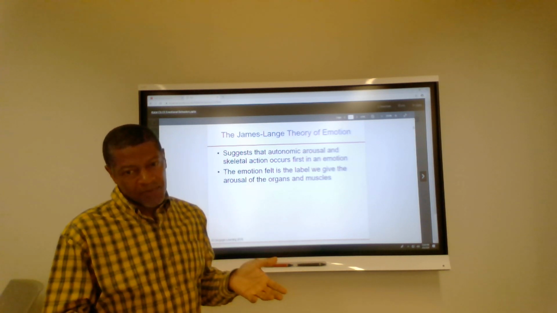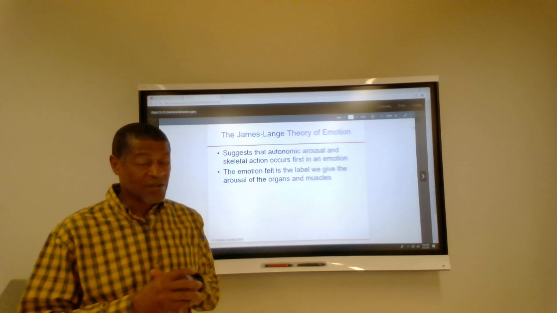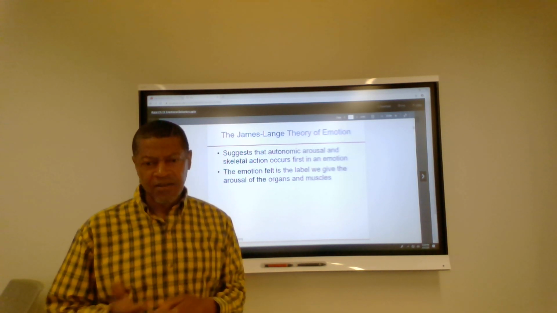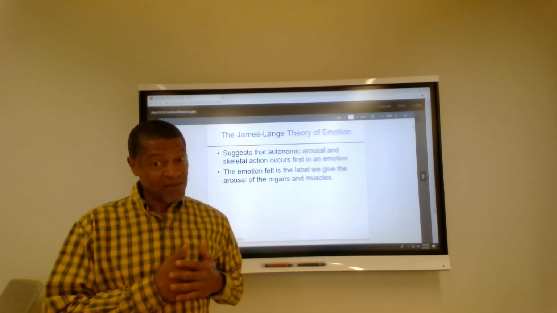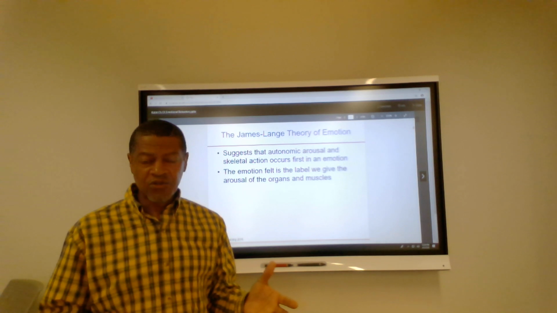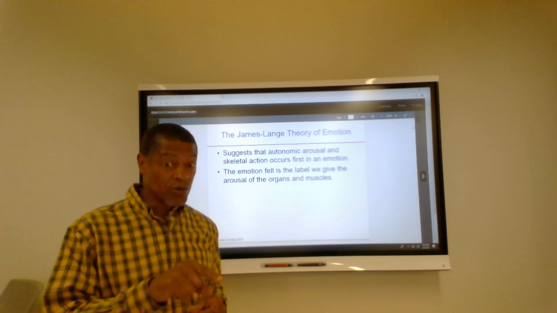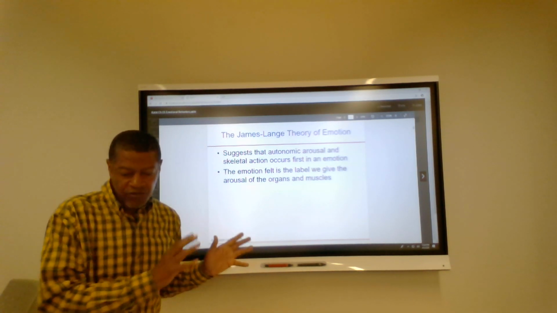It's just a theory, because the reality is that it's not exactly the case, because you could cry because you're happy, not because you're sad. Your heart might beat fast because you're scared, but also because you just might be in love. So two different scenarios of emotions, but again, we can't just label one particular arousal as always going to be a certain kind of emotion. But that's what the James-Lange theory is referencing.